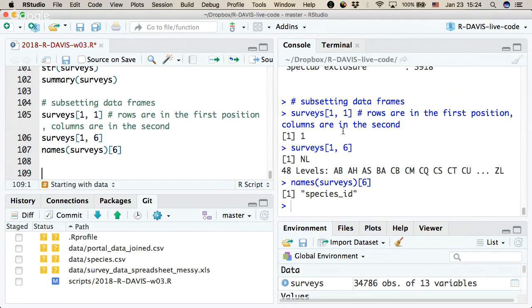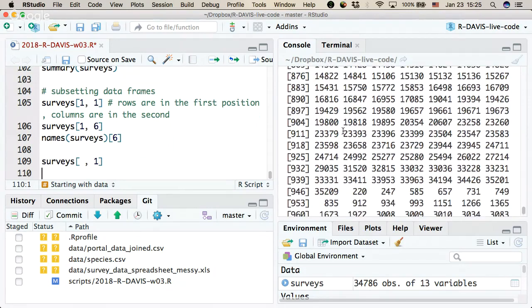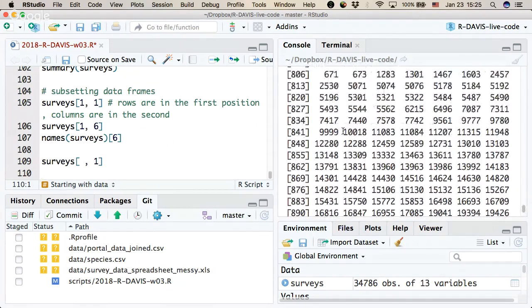Okay, so I can get back individual values, but what would be better to get back sometimes? What might I want back from this data? Certain columns. Only certain columns, yeah. So that's something that I do all the time. Let's say I only want back that first column. I still use my subsetting brackets, but this time I don't put anything for the rows, which indicates I want all of the rows back. And then I want the first column, so I put a 1 in that space. And if I run that, it gives me back a vector of all of the values in that first column. So blank indicates that I